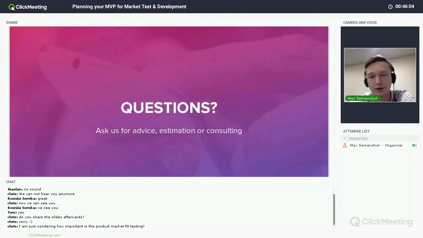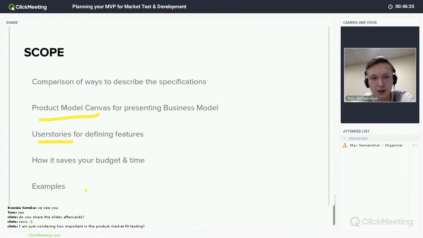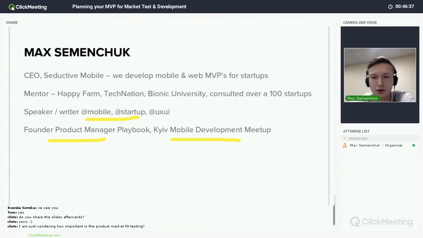So there are two kinds of fit. It's usually the product problem fit, and then the product market fit. The product problem fit is when you want to understand if your product really solves something for the user.